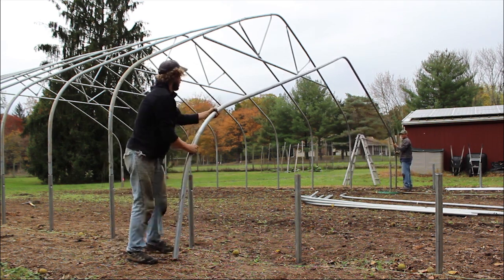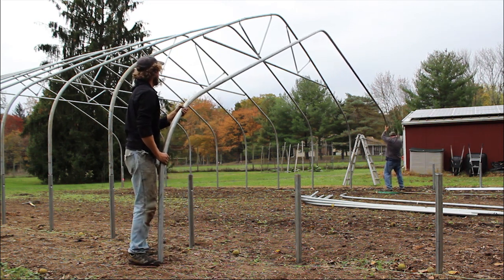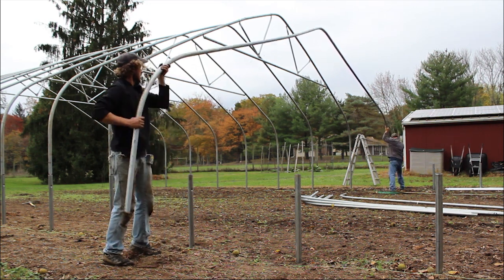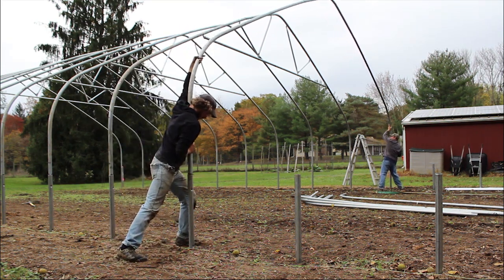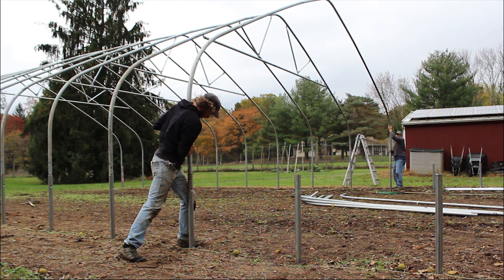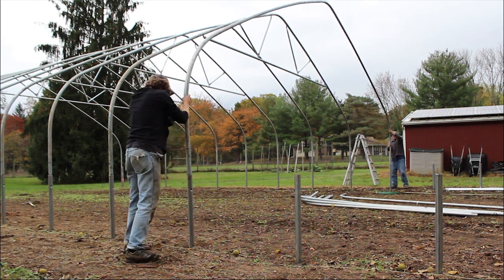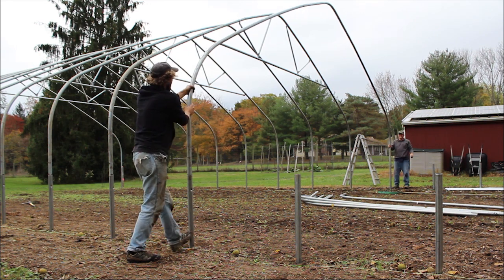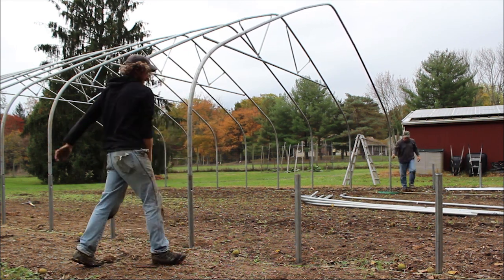And with 2 people, one person can kind of hold it and keep it from moving around. You see how near side here the hoop is still on the ground. One person gets it set up on the ground post, and then with the tension that's on the hoop, you're going to have to push pretty hard inward until it gets into the ground post, and you can kind of wiggle it down into shape. You can wiggle the hoop down into the ground post until it either hits a bolt or the depression from